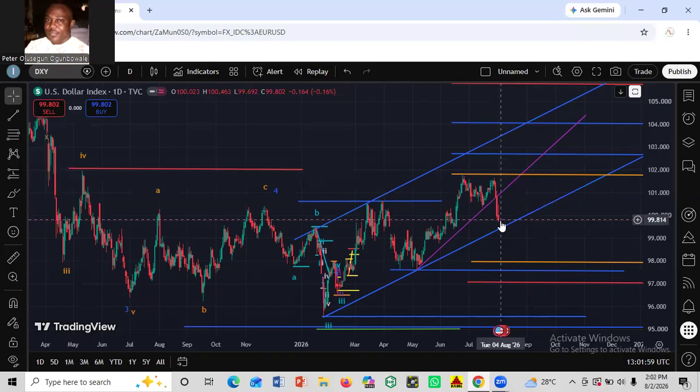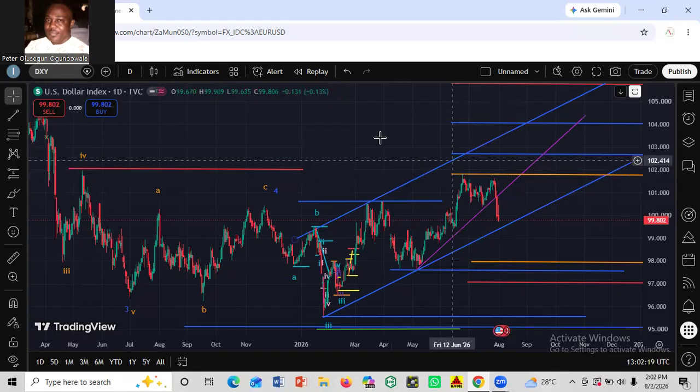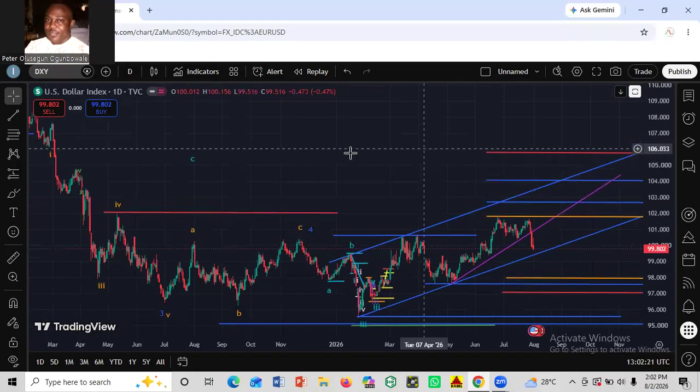So if it's a corrective bounce that we have here, then the price is going to break here and come towards this area. But if it's going to become impulsive, then it's going to go up. So we're just going to read the mood of the exchange during the week. Impulsive, corrective. That will decide where next. Having said that,